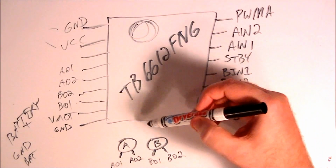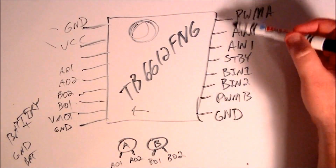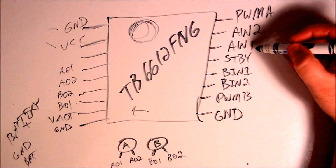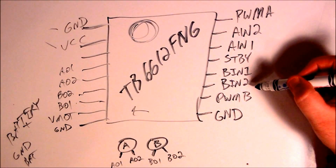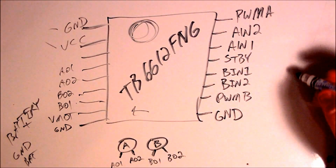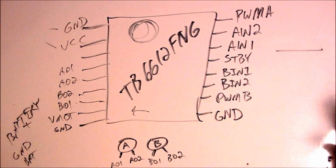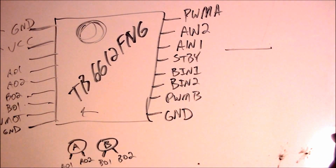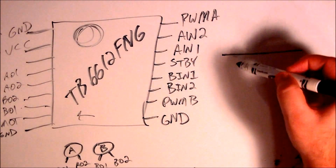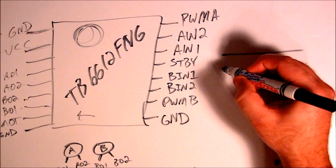That covers all your connections on this side of the board. Now moving on over here. Now you'll see we have AM1, AN2, BN1, BN2. Now what that does is, there's a logic table we can draw up for that. And this is how the controller works with the